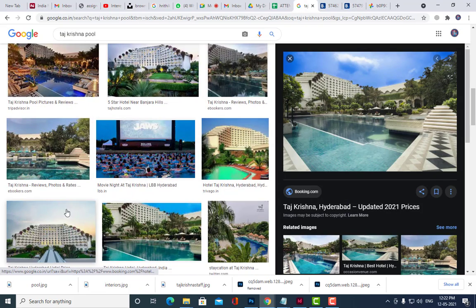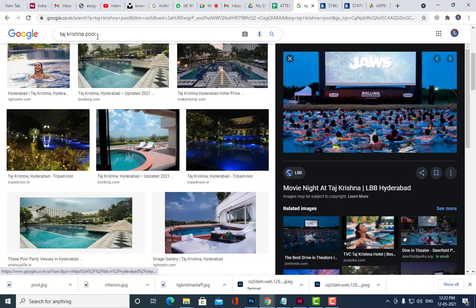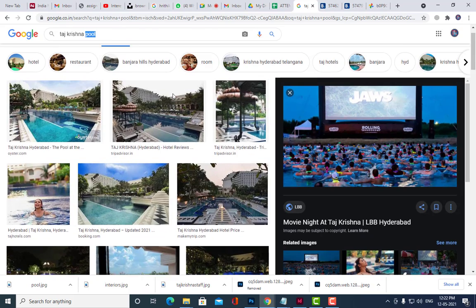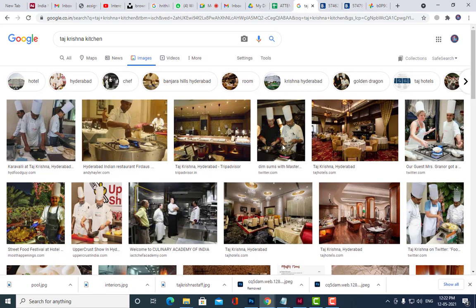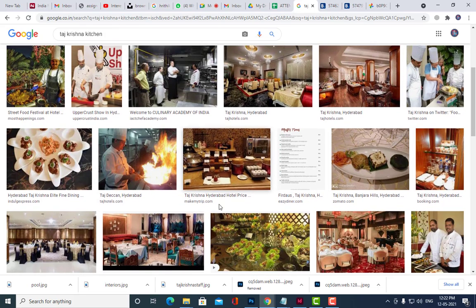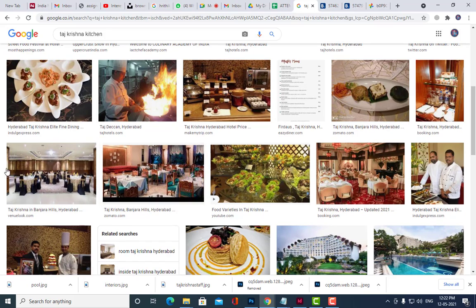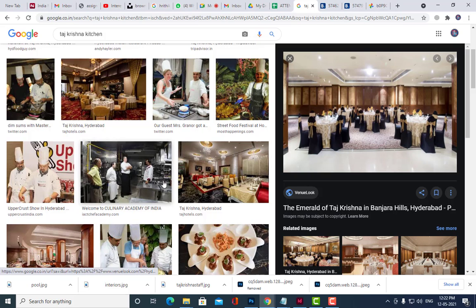And then what is the next thing? So we can also create this Taj Krishna kitchen. Okay, so we'll also create a kitchen here. We'll take a bigger one.